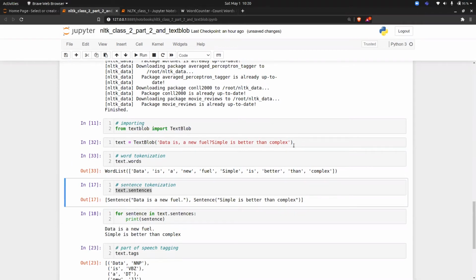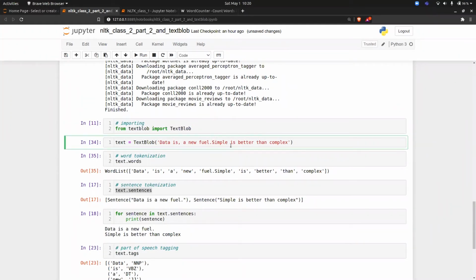Even for me, I just wrote fuel dot, then there was no space, and directly wrote the next sentence, and in text sentences it is giving me only one sentence. After giving a space after the full stop, it gives me the different sentences.